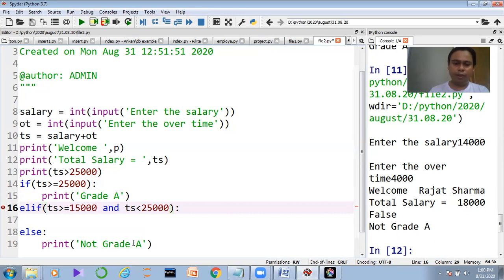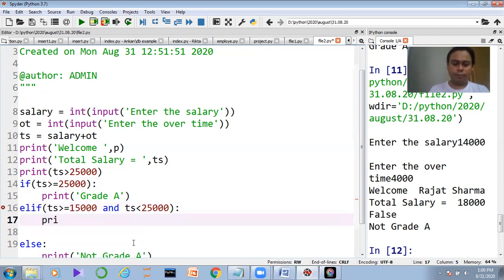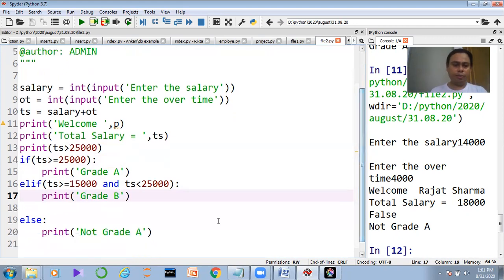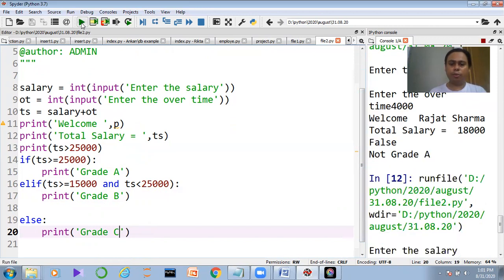What should I define? Print, I should define here grade B. Otherwise you can define here grade C. So now guys, you need to execute the code.